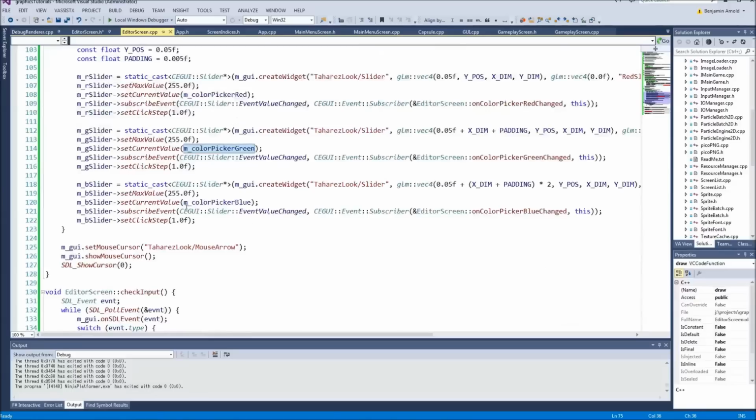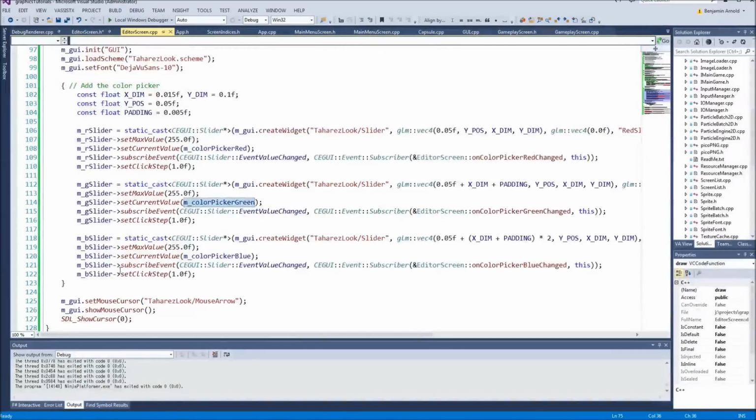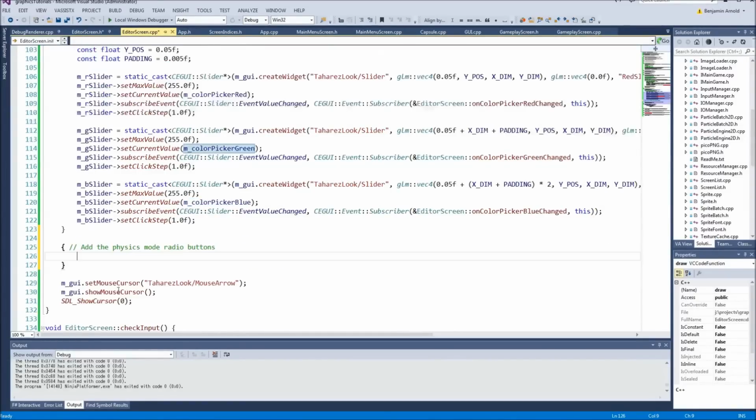I think I know what it is, but I could be wrong. So here's for adding the color picker. Let's do add the physics mode radio buttons. And again, our UI is going to be very disgusting. It's not going to be pretty, but it's going to have utility, which is all I care about right now for showing you guys this stuff. So we're going to say, what do we want? We want to, let's see,